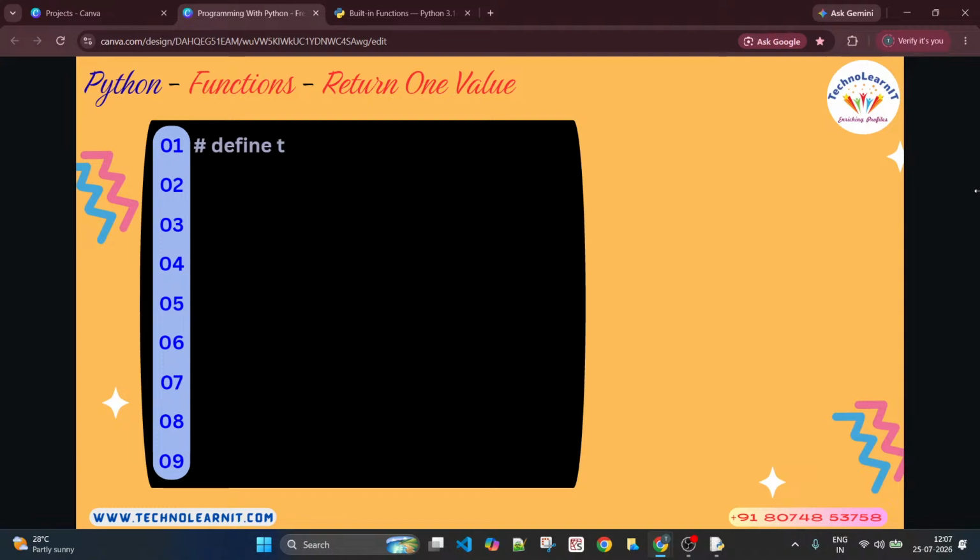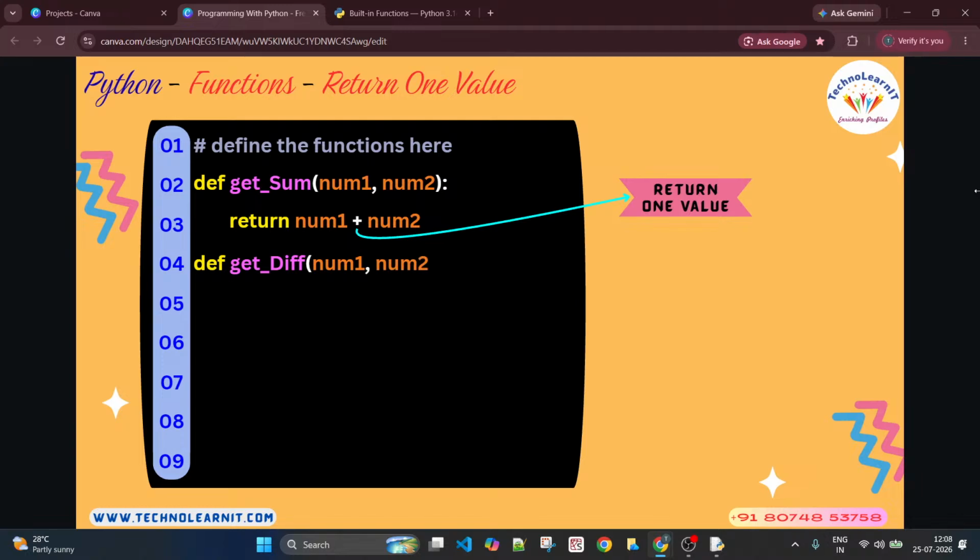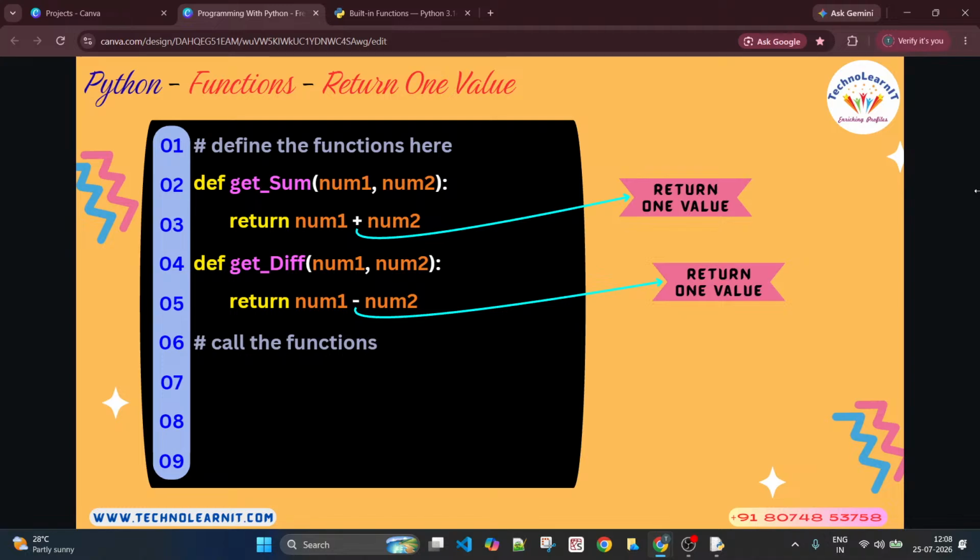returning one value. And here are the examples, and I have shown you examples already. How do you return one value, right? This is an example of returning one value. Get sum is a function which takes two arguments but returns only one value, which is a sum of those two parameters. And get diff is another function which again takes two parameters and returns one value. So both of these will in this example return only one value each. So a function can return one value, and this is an example here, right?